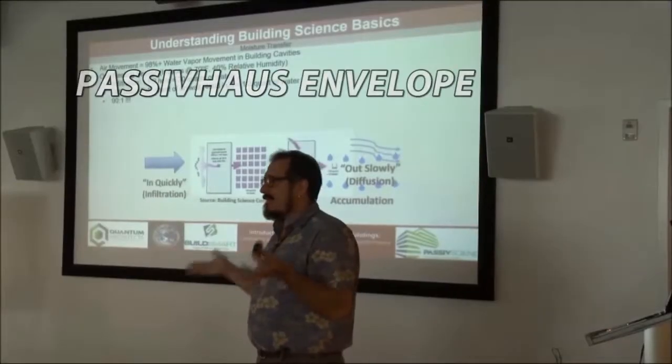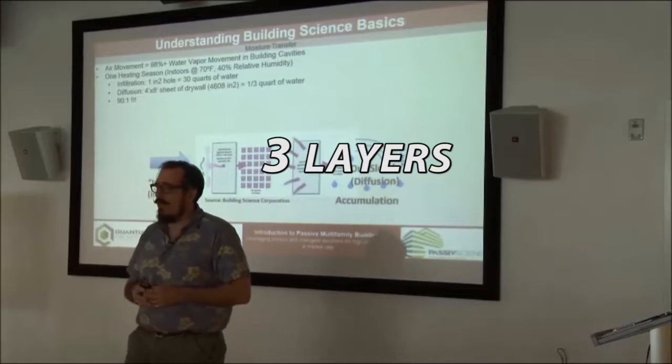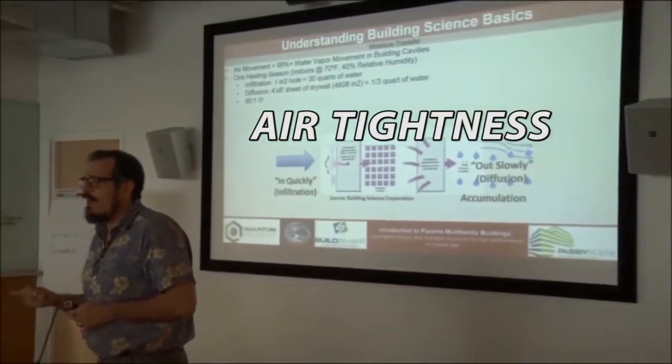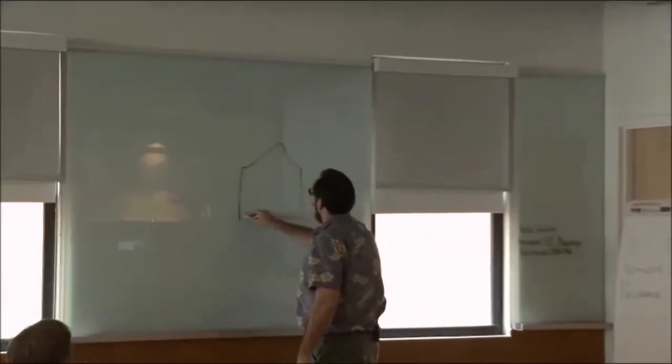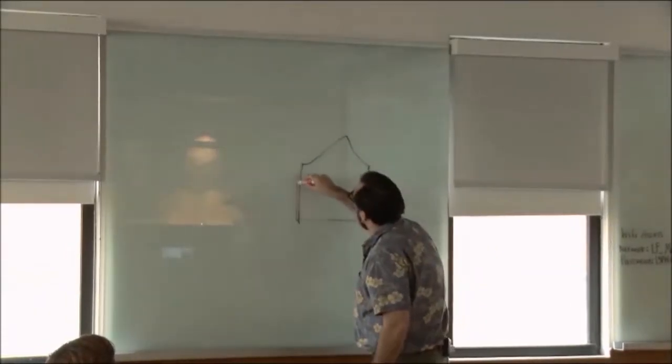When we talk about Passivhaus envelopes, we have 3 layers to consider within the envelope. The first layer is this airtightness layer, right? Like, where is my robust airtightness envelope? Blank, blank, blank, there's my building. I want to be Harold in the purple crayon and go around this building and say, this is my airtightness